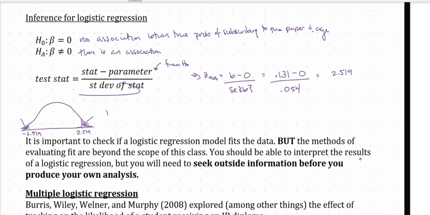And it turns out that p-value is 0.0118. There is strong evidence of an association between the probability of subscribing